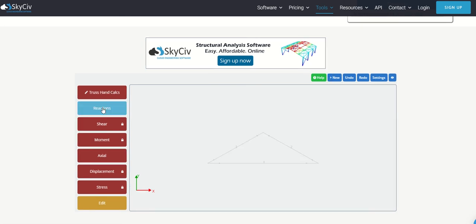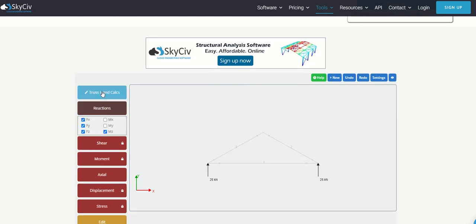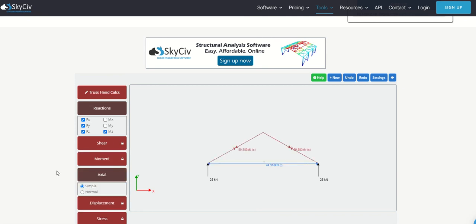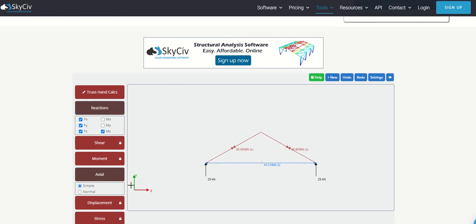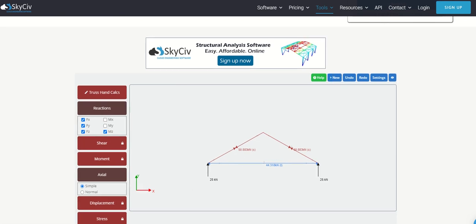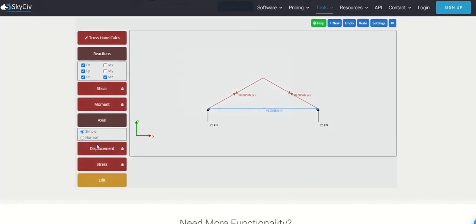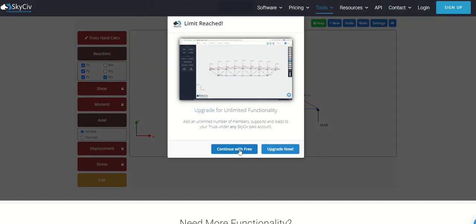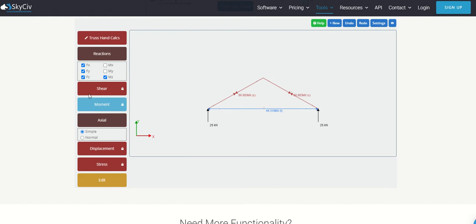I click on reactions. Here we go. You need to click on this so you can display the same information as the picture shown in figure 3. Displacement on. Okay. Continue with 3.